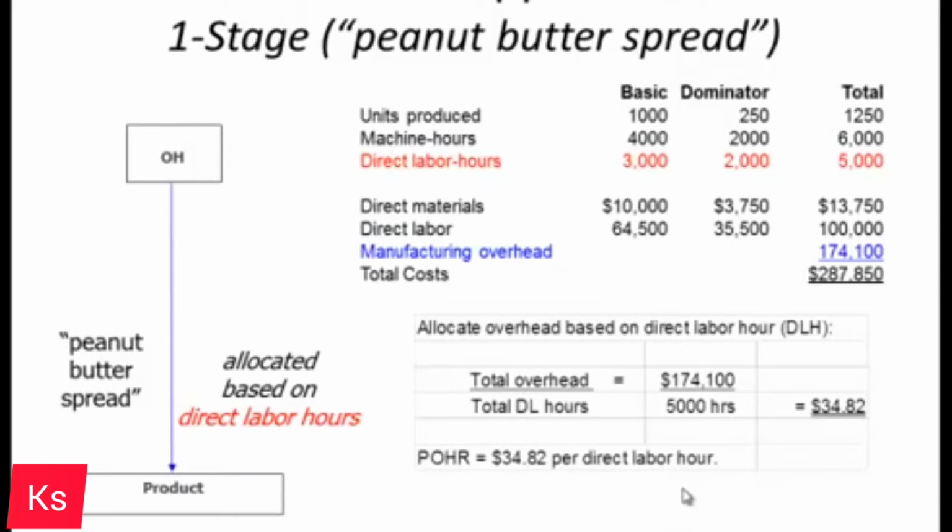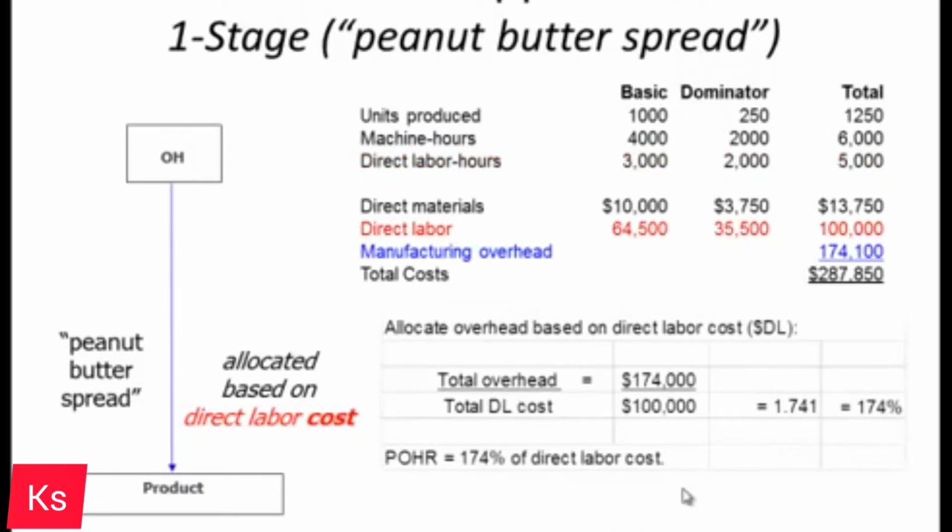What if instead we decide to allocate overhead based on direct labor cost? So not direct labor hours, but direct labor cost. So instead, at the beginning of the year, we would take our $174,000 of overhead and we would divide by $100,000 of direct labor cost. This gives us a 1.741 rate. So we can think of this as every dollar of labor that a product consumes, it would also be allocated